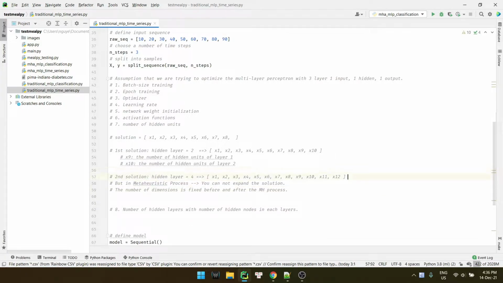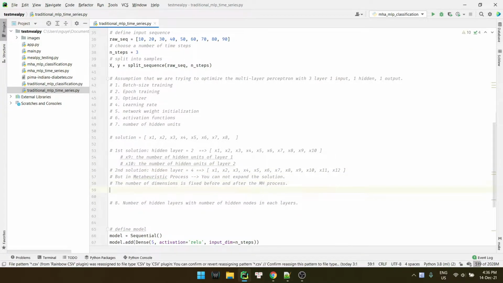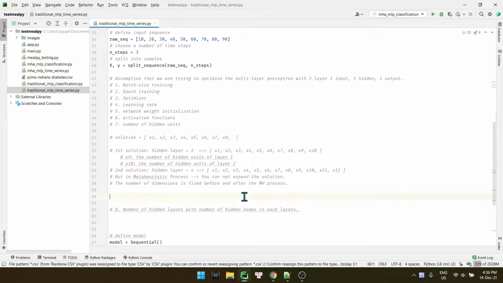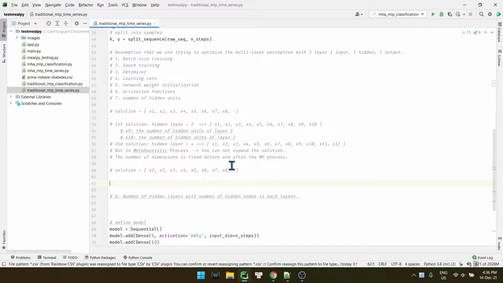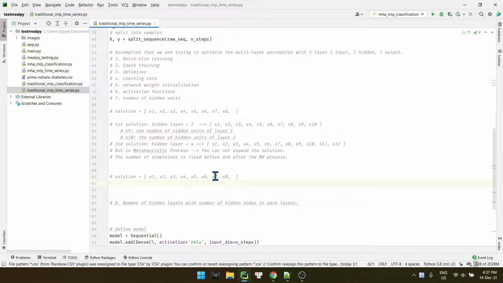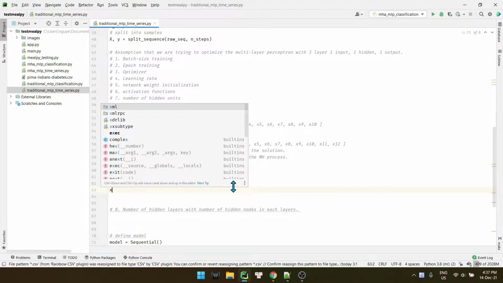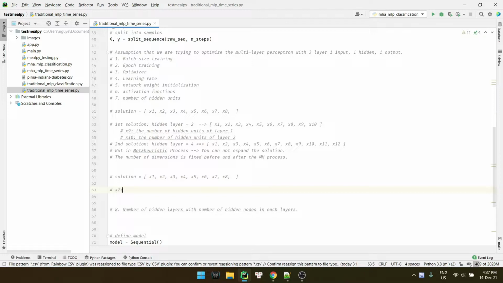But you still have a way to do that. Let's just say we have a solution like this. The x should be the number of hidden layers, right?